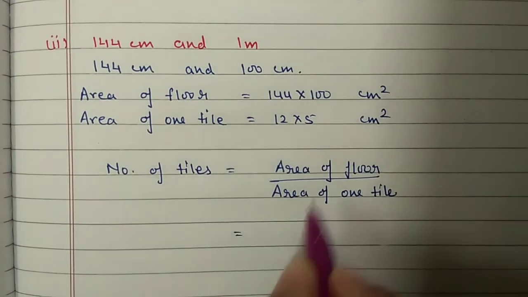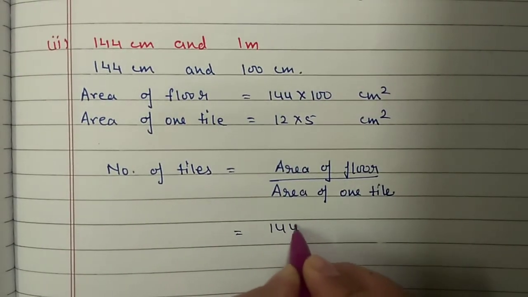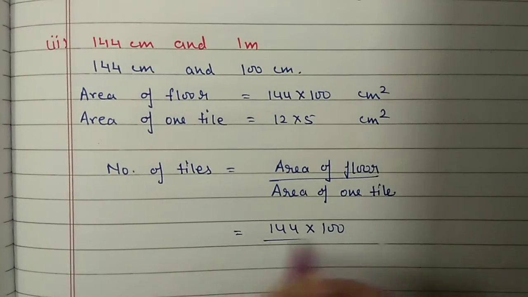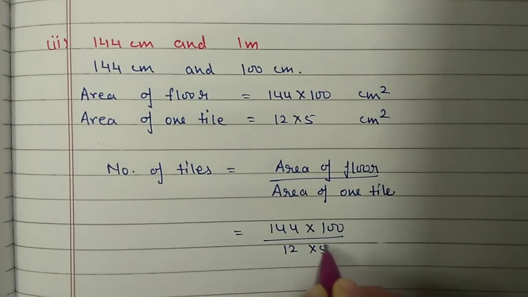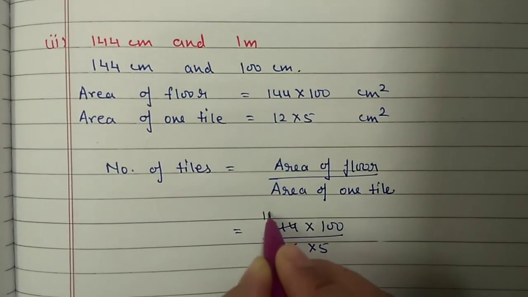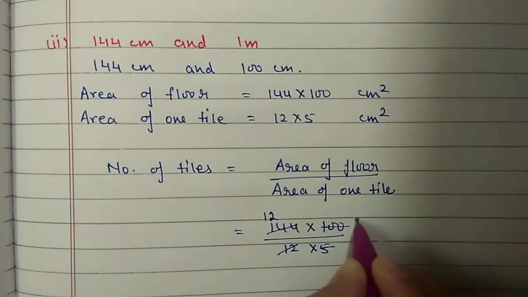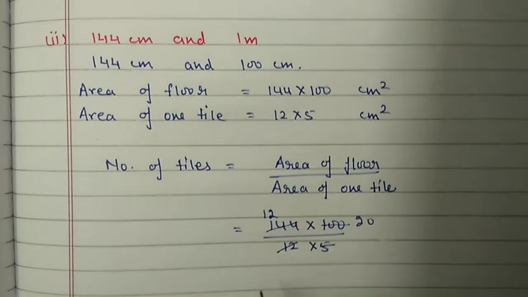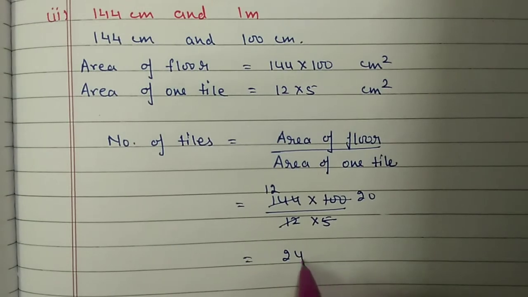So here also we will not multiply, we will substitute these values like this only, and then we will do the cancellation. You can cancel 12 1s are 12, 12 2s are 24, 5 5s are 25... 5 20s are 100, so 12 into 2, 240 tiles.